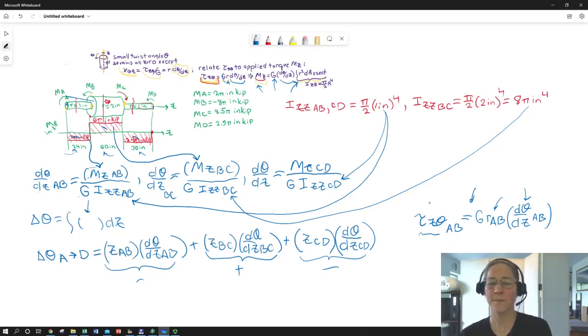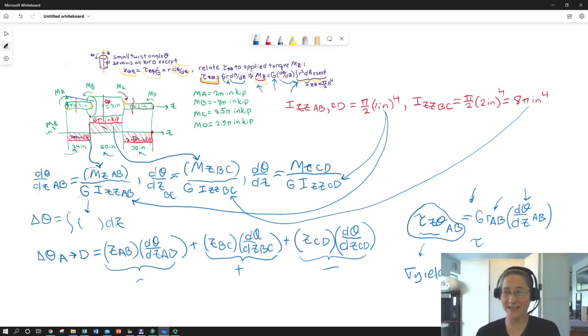Don't expect them to be the same, but if we are concerned about yield, we would then take the largest of our calculated shear stresses, and then compare that to our sigma yield for the material, remembering of course that sigma yield, if we're looking it up in a handbook, was probably determined with a uniaxial tensile test, which would have a Mohr circle that looks like this. So if we look up in our handbook, we're getting this. The corresponding shear stress in that test specimen that was used to define our yield strength is the radius of the Mohr circle,